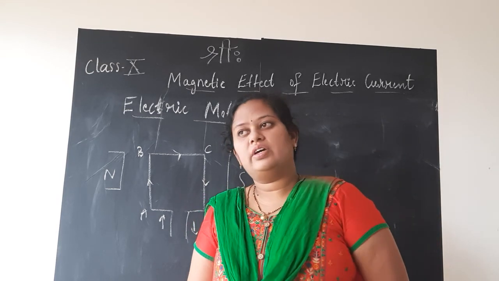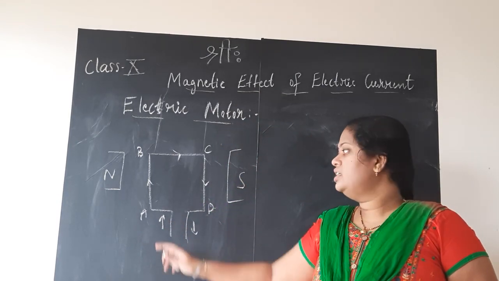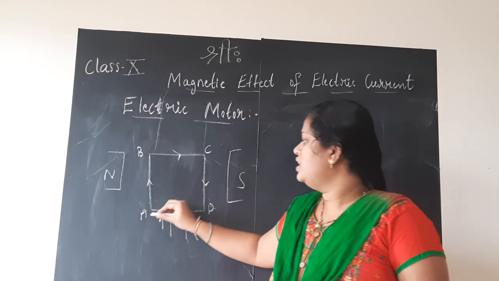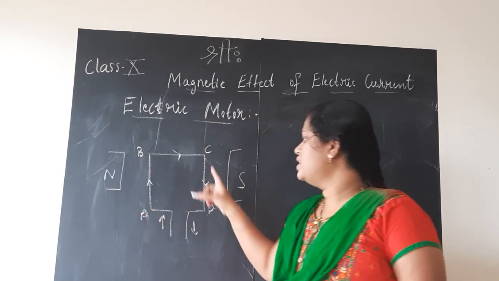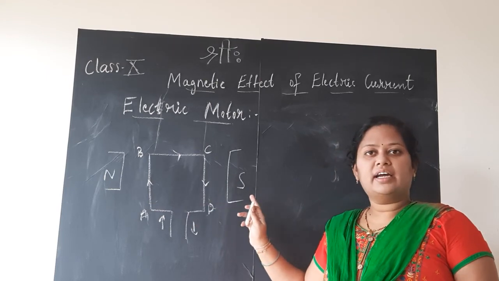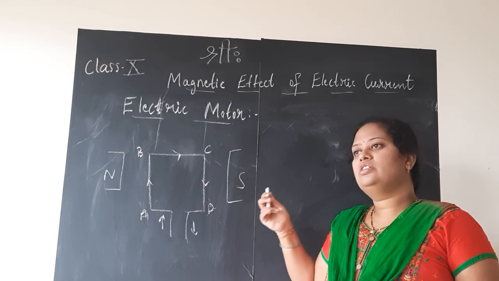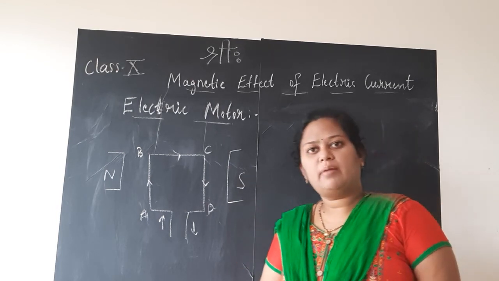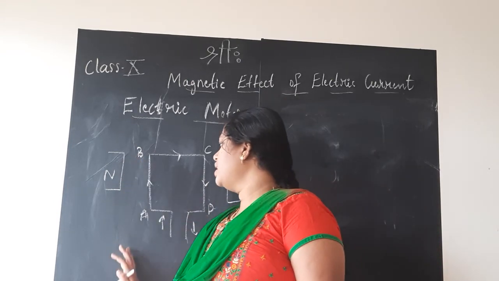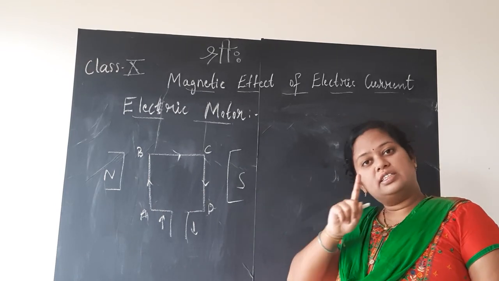What they did now is, again they took a conducting wire, but now they placed it in a rectangular shape, a rectangular wire, children. The rectangular wire was named ABCD, and it is placed between the poles of the magnet, North Pole and South Pole. You may wonder which magnet this is, bar magnet or horseshoe magnet? It is neither, it is a different magnet.